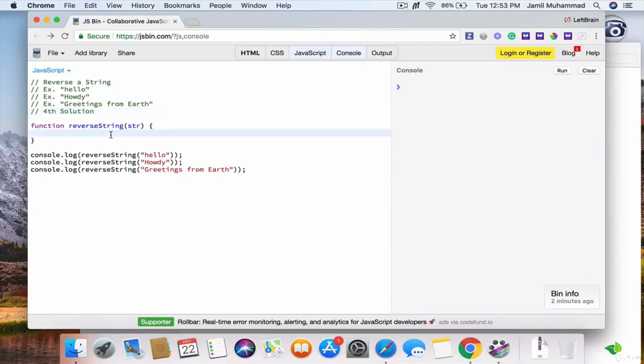Alright, so for the fourth solution, it's going to be a lot more simple than the past three. So I want you to write the return keyword, then string, split, open close parentheses, empty single quotes, then dot reverse to invoke the reverse method, open close parentheses, dot join, empty single quotes, then semicolon,